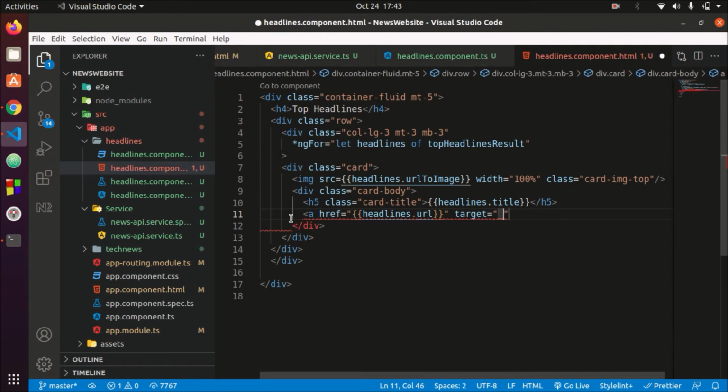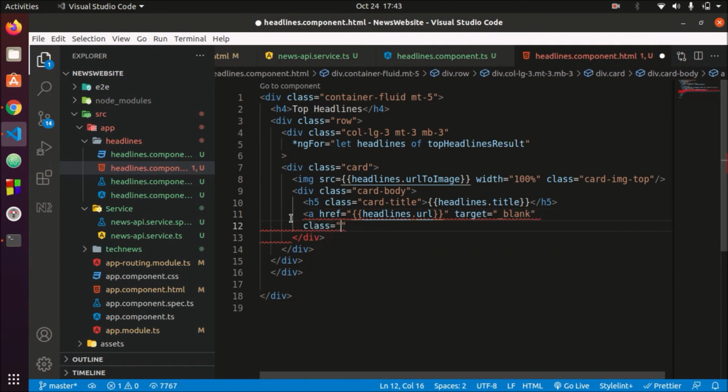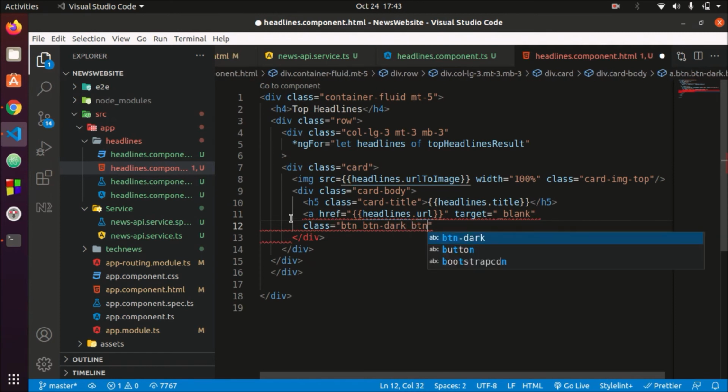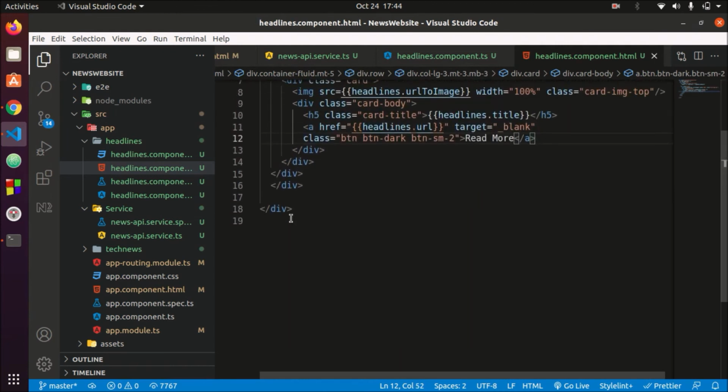We will be opening it in a blank page, so target is blank, and let's create a button. So btn btn-dark btn-sm. So we want a small button in dark color, and let's write it, read more about this news, and let's save it. I think it's done.